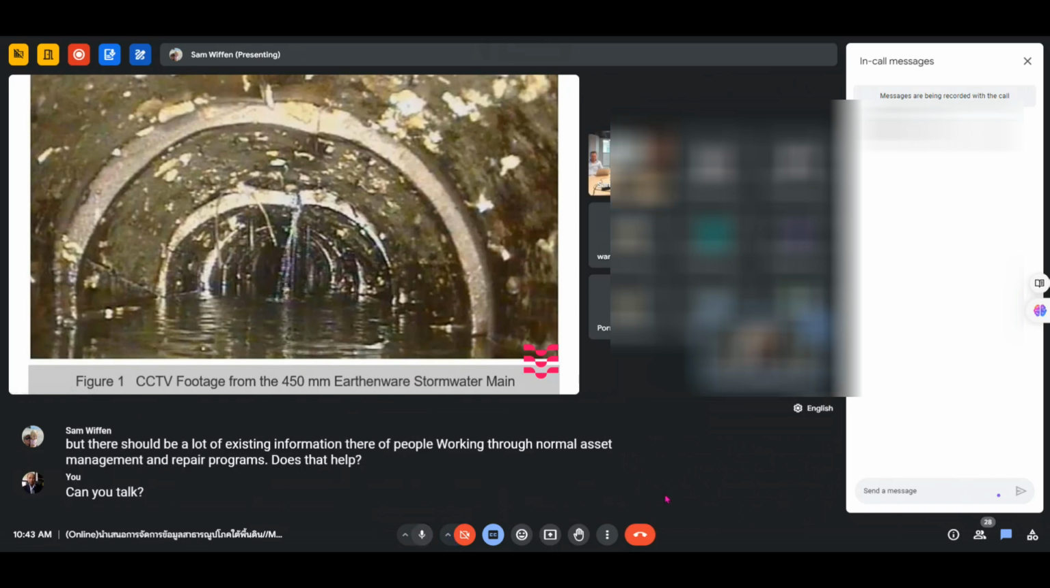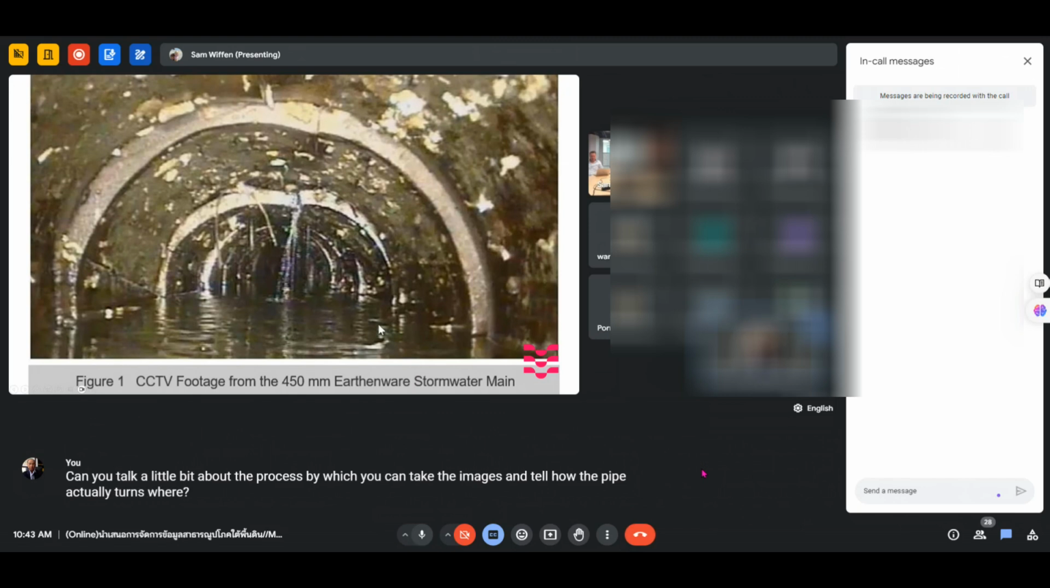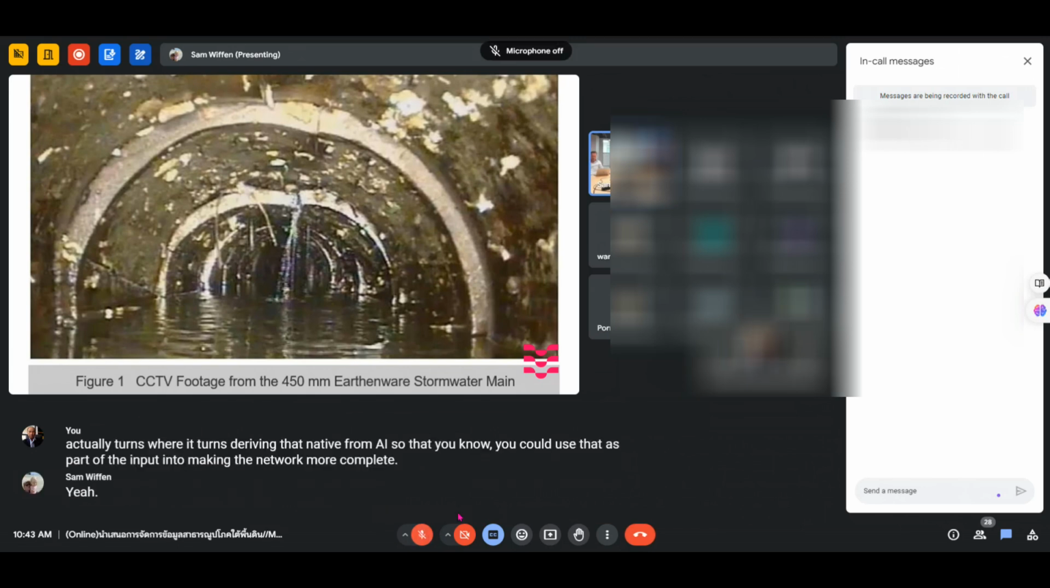Can you talk a little bit about the process by which you can take the images and tell how the pipe actually turns, where it turns, deriving that data from AI so that you could use that as part of the input into making the network more complete? Yeah, so I can't show you how that works, but what it does is it takes every frame